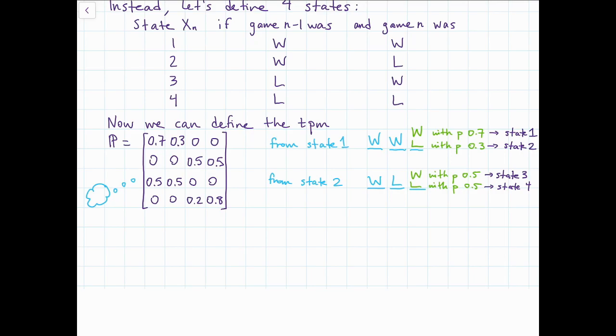So that is everything for this video. We've defined a Markov chain as a discrete time stochastic process with a discrete state space and the Markov property. That's telling us that the future only depends on the present, not the past. That kind of sounds like an inspirational quote, actually. And then we have this idea of the transition probability matrix, where we have the probability of going from each state to each state, Pij, which we can arrange into a matrix.